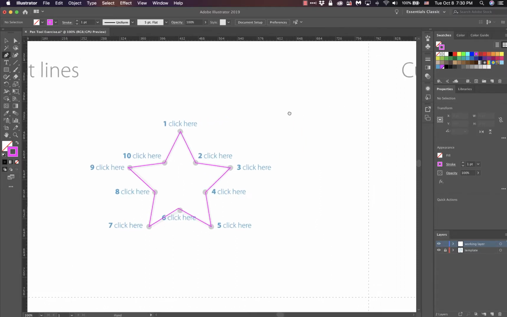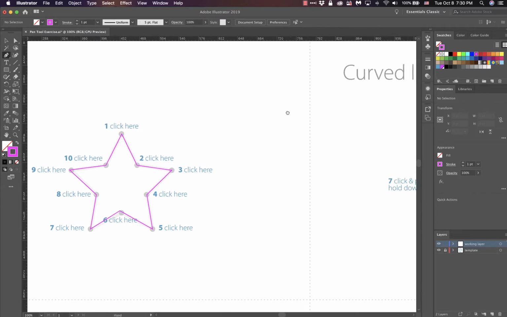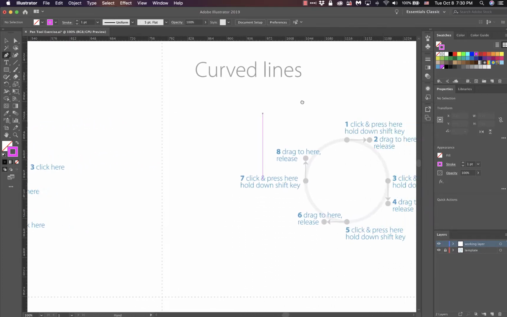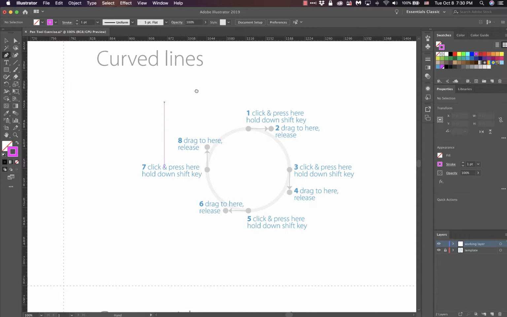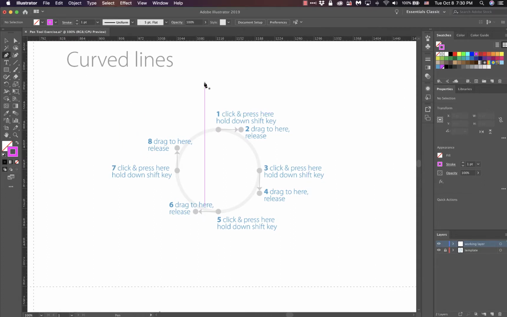exercise. So that'll be to the right. I'm just holding my space bar, left mouse click and dragging. Now we're going to deal with curved lines. It's a little bit more complicated. The first one was a little bit easier. So what we're going to do now is I'm going to lay down an anchor point, but instead of just